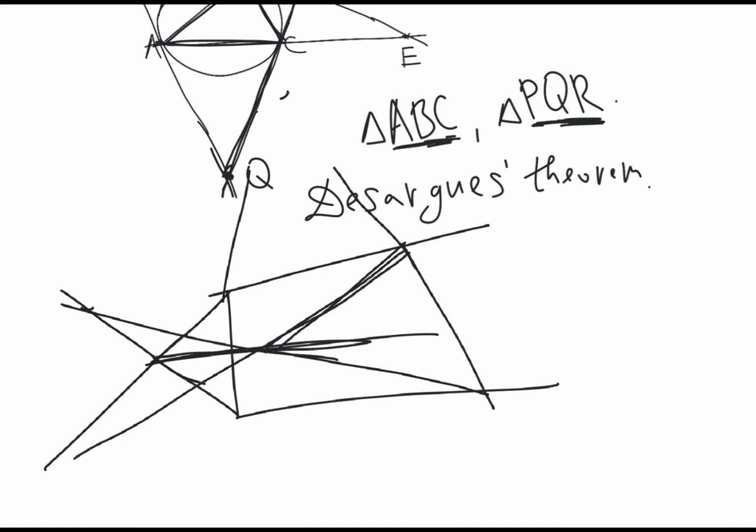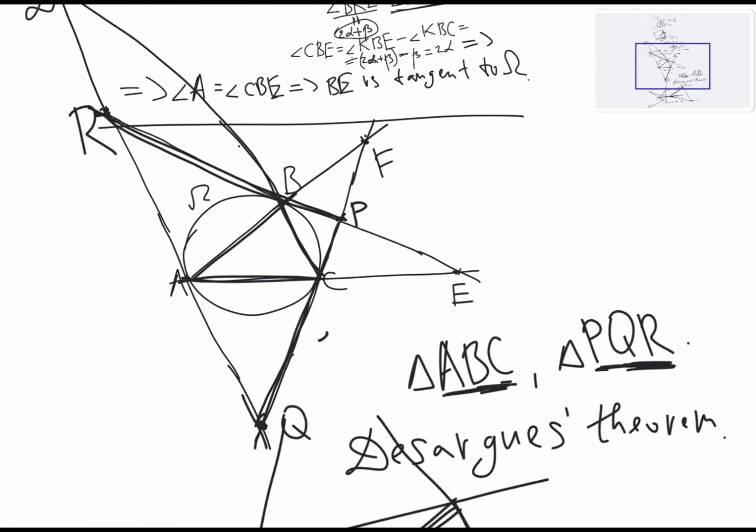So using the Desargues theorem, we conclude that the collinearity of these 3 points D, E, F is equivalent to